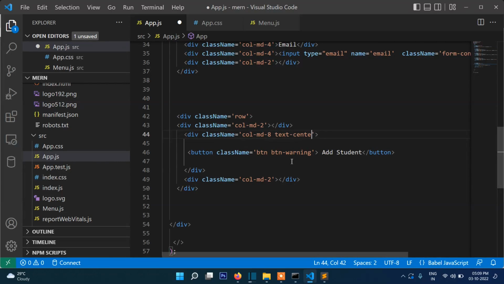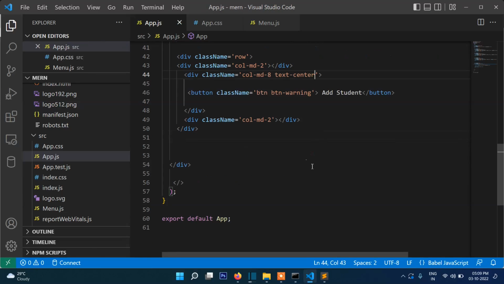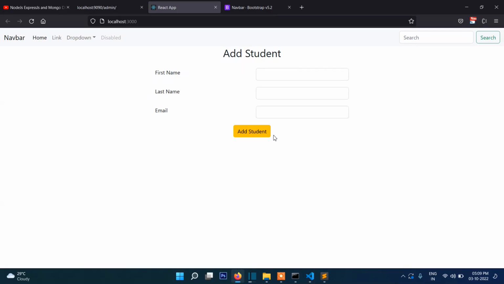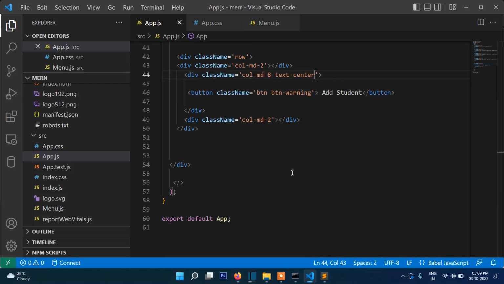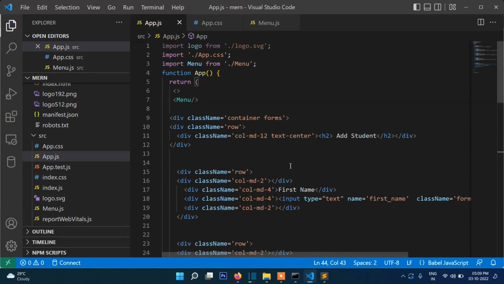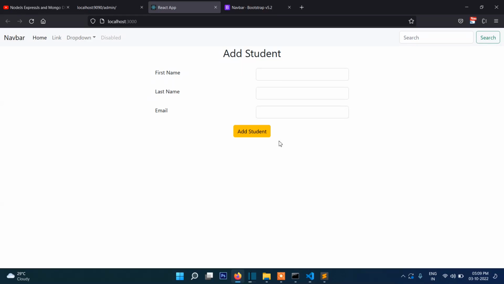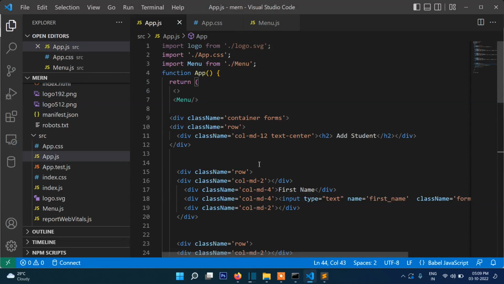Text center so that the button will come in the center part here. Okay, so this is plain HTML, right? I'm not focusing much on design, but the functionality particularly. So now let's go to,